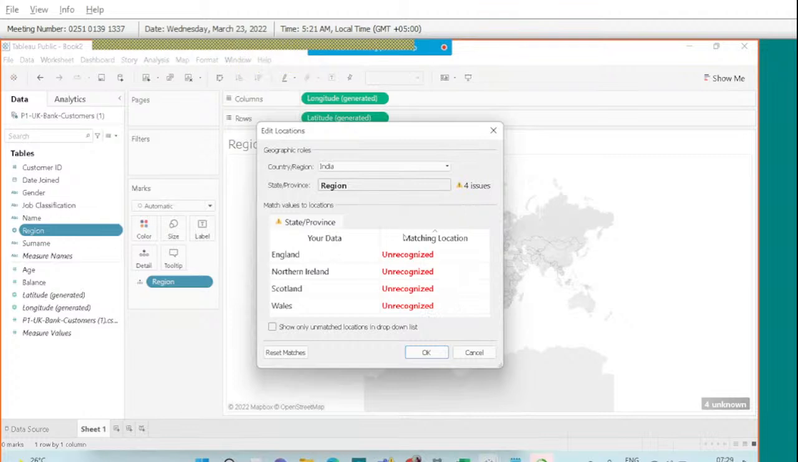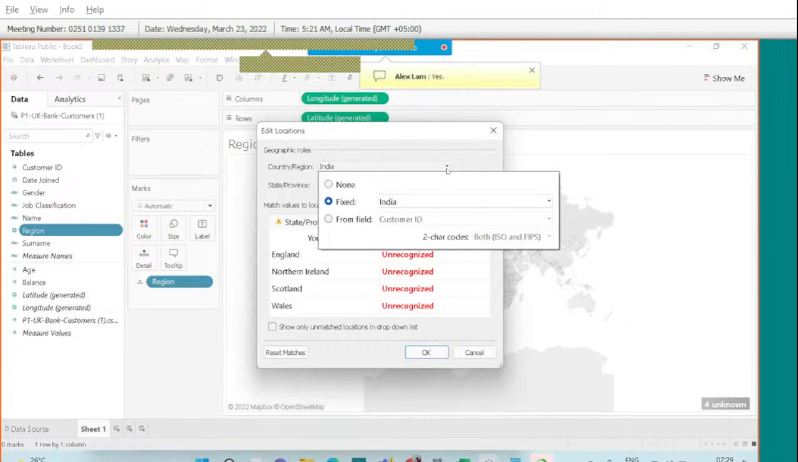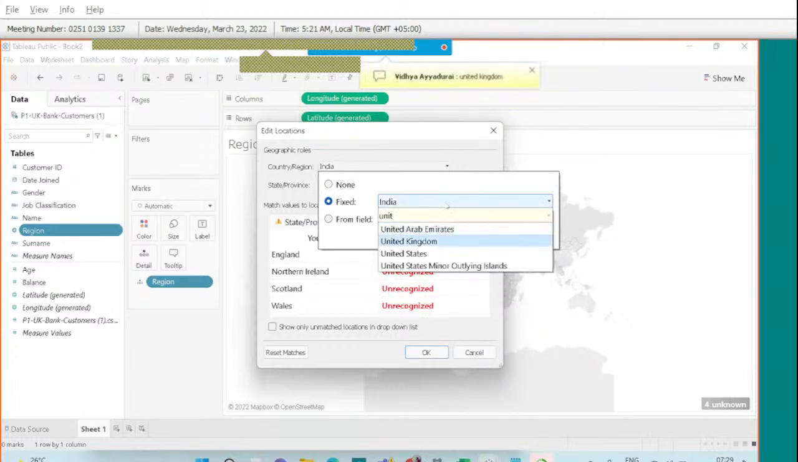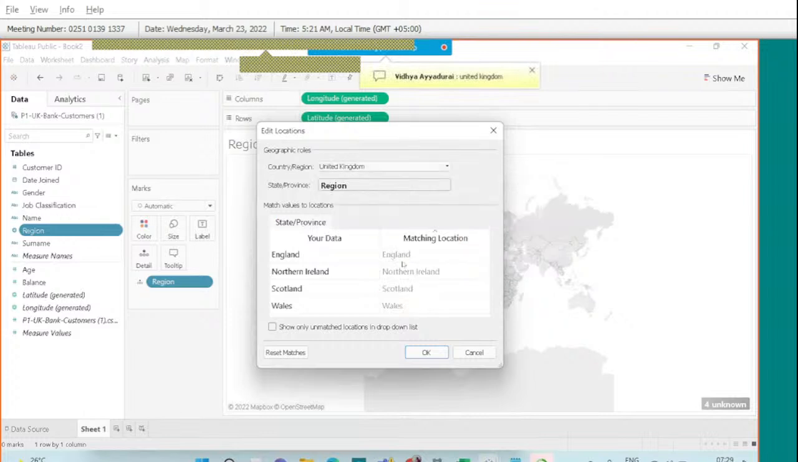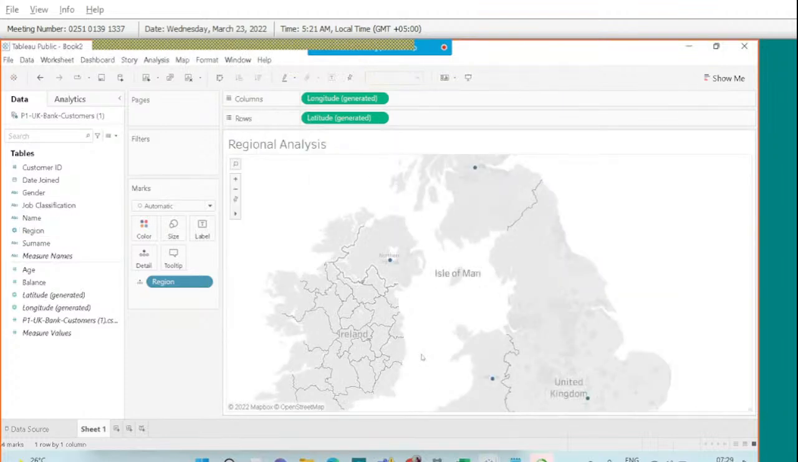Can you identify the error over here on my screen? What is the error on my screen? Why is it not able to identify these locations? Exactly. So it is trying to find all these locations in India, right? But they are not in India. They are in United Kingdom. So you select the United Kingdom, and then you will see all the locations are matched, and then you click on OK, and you will see all the locations will come,